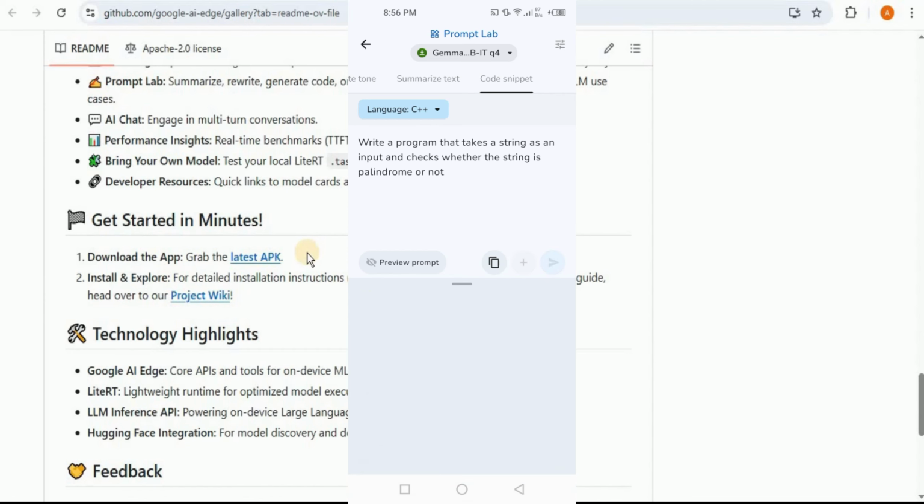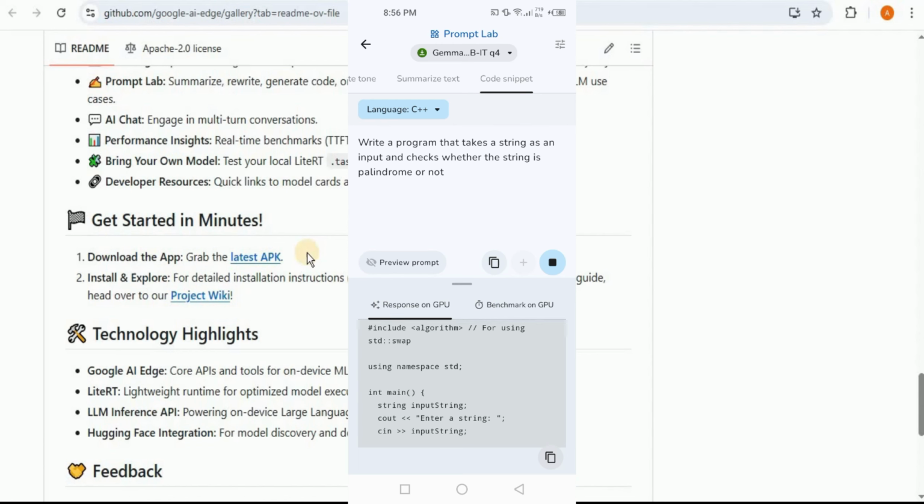And you will see that within no time, the code will start generating and the response will be present on the GPU. You can see that it has started providing us all the header files. Then it has created the main function inside which it is firstly taking an input string from the user. Then it is checking whether it is a palindrome or not. And then on the basis of that, it will provide us the answer.